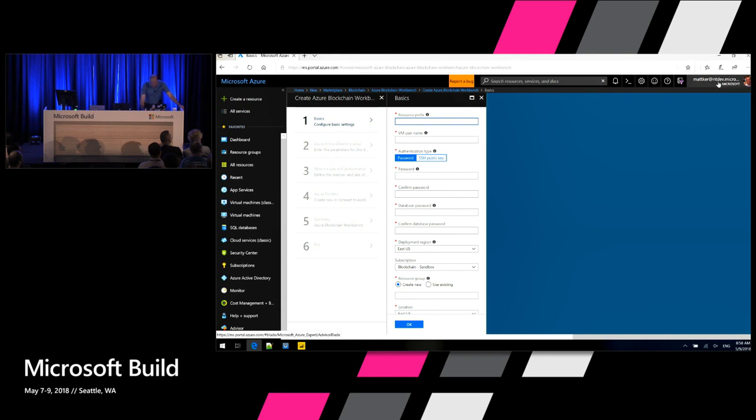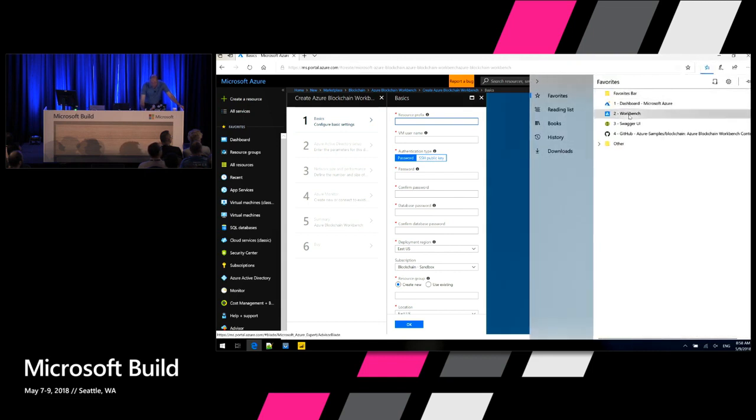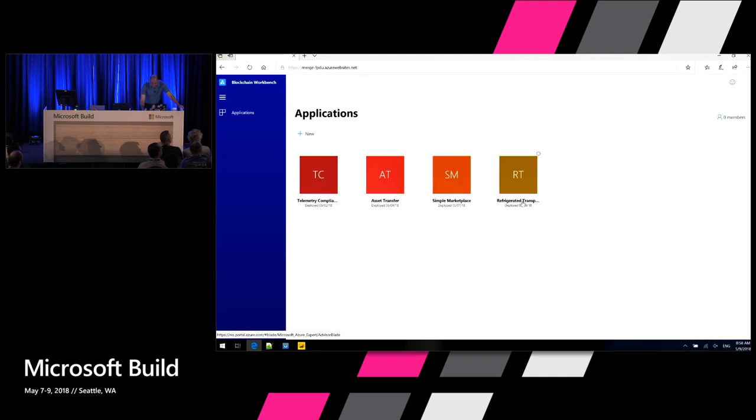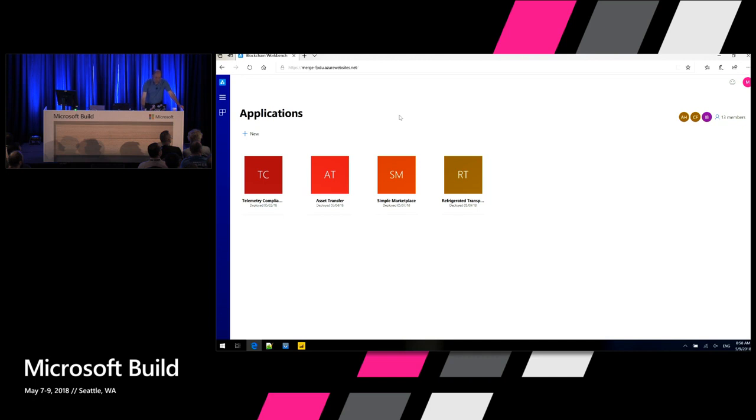Now let me jump over to Workbench itself. So the first thing you'll notice is that I've got a set of applications. And by the way, what you didn't see was it just logged me in with Azure Active Directory. And when I show this to customers, sort of in a one-on-one setting, after I explain that, they're like, OK, we're sold. We want to use this. And I'm like, well, I haven't shown it to you yet. And they're like, you just solved my identity problem. It's a disaster with blockchain. That's all that I really wanted. Everything else I can figure out. So the fact that identity just works with single sign-on is huge.